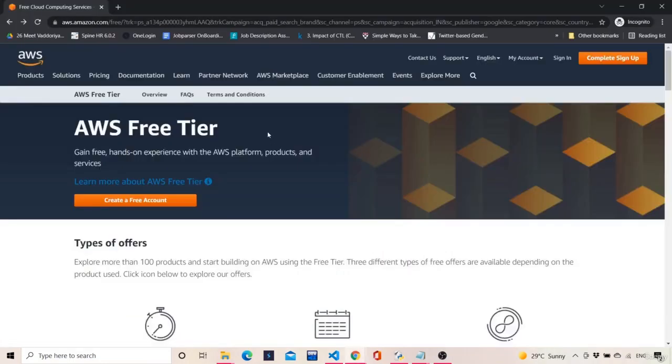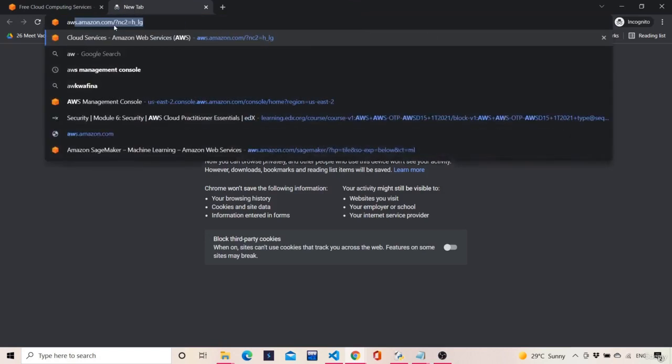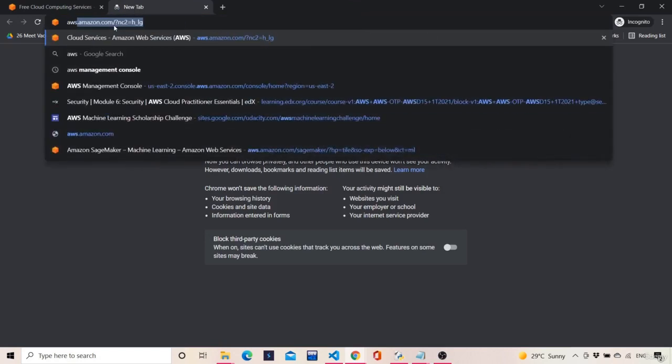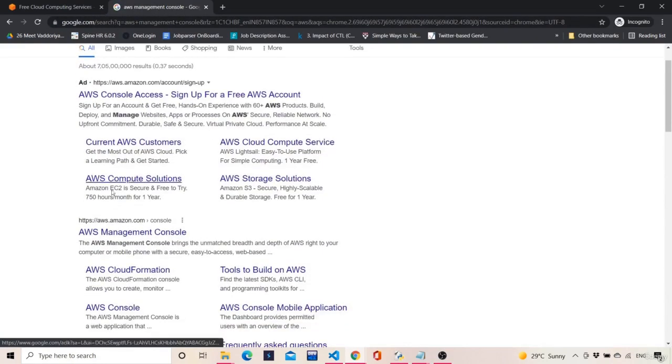Hi. So in this video, we'll look at how to deploy our applications by using an EC2 instance of Amazon Web Services and deploy our machine learning algorithms. So for that, just go to the AWS Management Console. When you go over here, you will have this AWS Management Console.